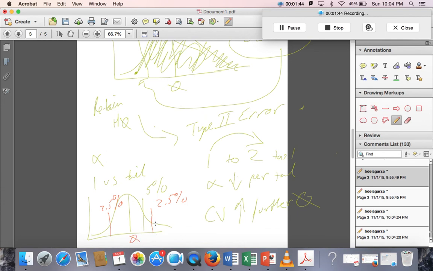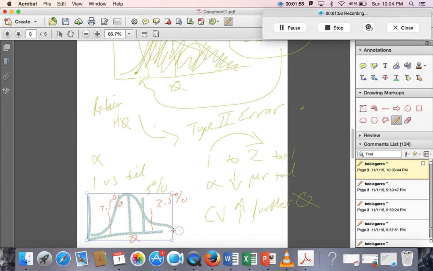Why? Because now it's sharing the 5%, and thus it's saying, look, to land in this area, it's getting more difficult for you to actually land in this area because this area is now smaller in this particular instance. So this area is now smaller than we had at 5%. So it's much more difficult for us to find power. Remember, a very important term that we've talked about. It's very difficult for us to find power when we do a two-tailed test